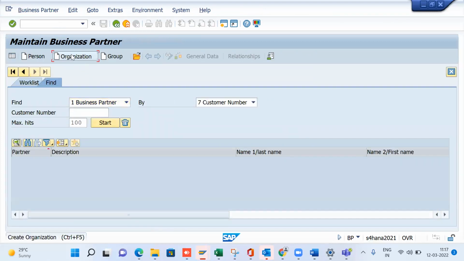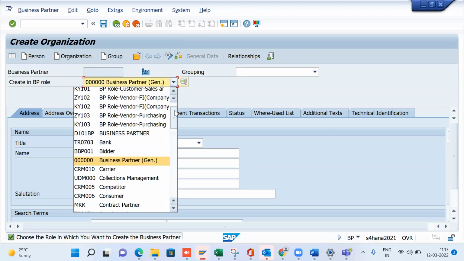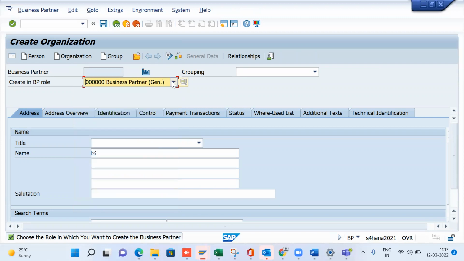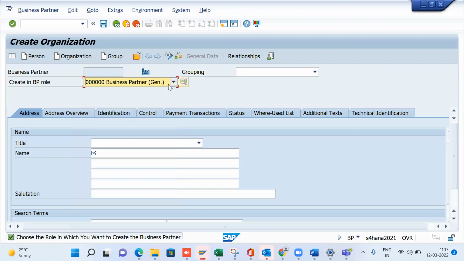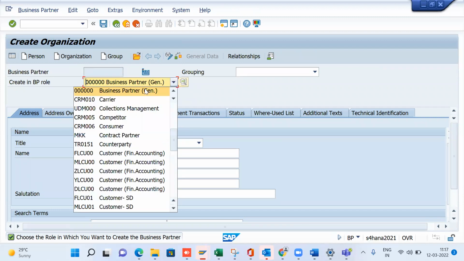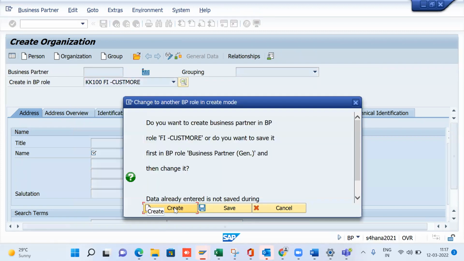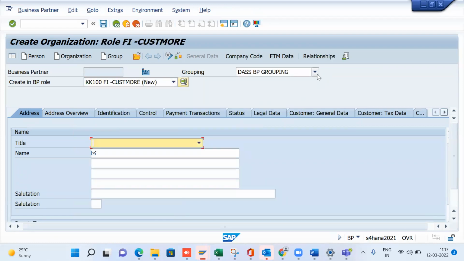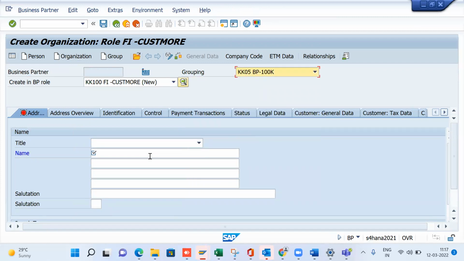Now in BP, click on organization. What BP category had I defined? Let me check. Wait one minute, sorry guys, let me check where KK is. Yeah, KK100. I'm clicking on KK100. Just click on create. Here change the grouping, it should be KK05. Okay, BP like this, and click here on name,